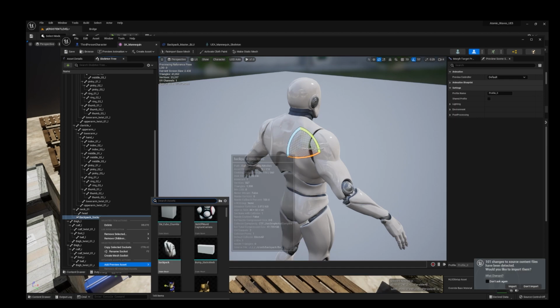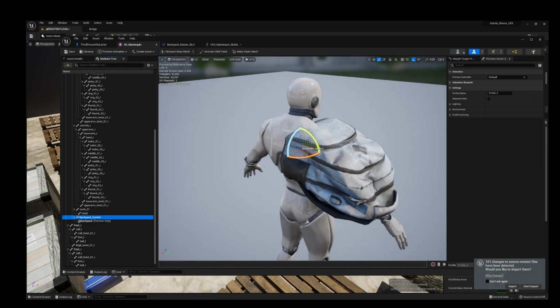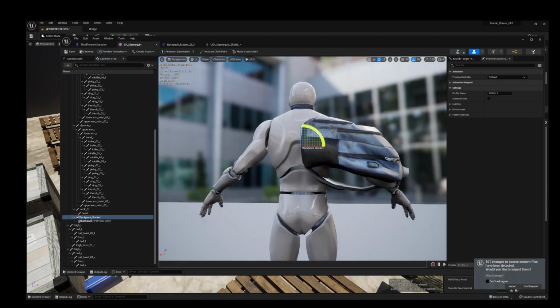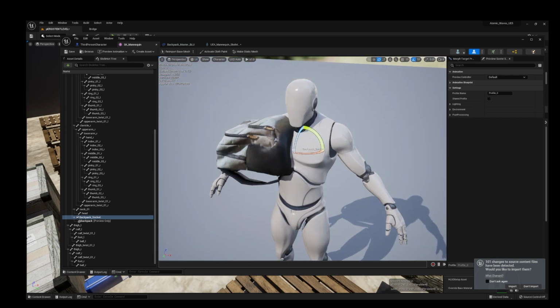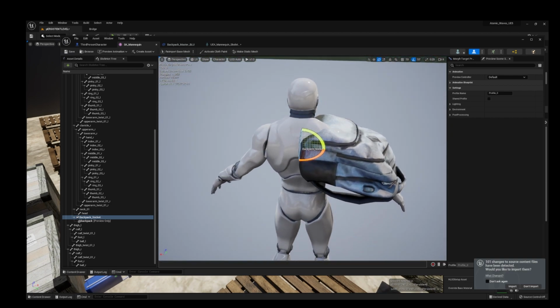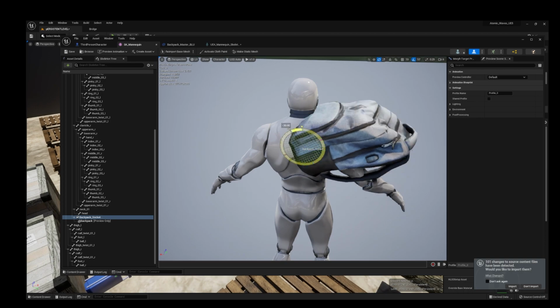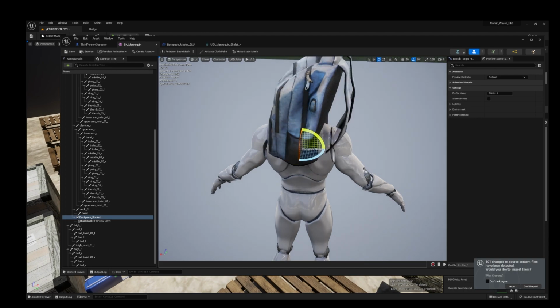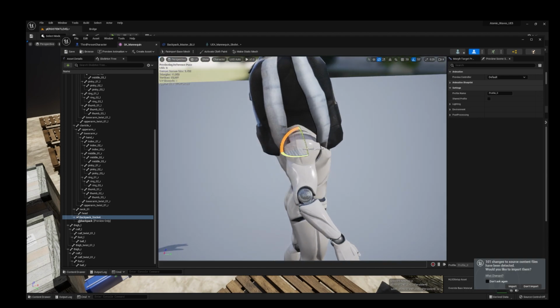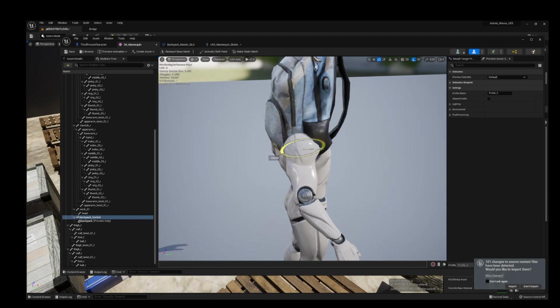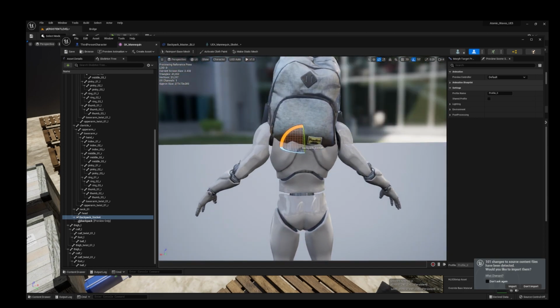What we're looking for is our backpack. So there's the backpack. Theoretically, the backpack should be coming in like that, and it is. So we're going to adjust our backpack socket to our liking. A super easy way to get our socket just right here, so that we're not guesstimating.